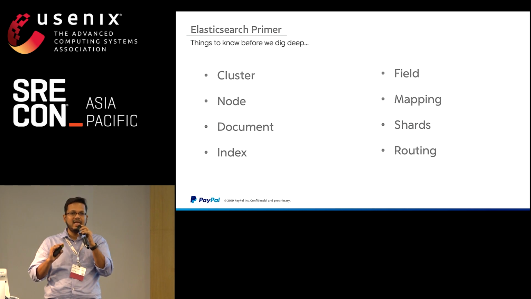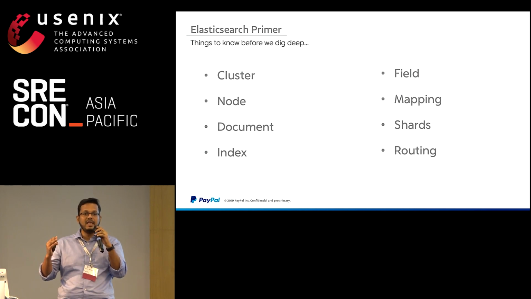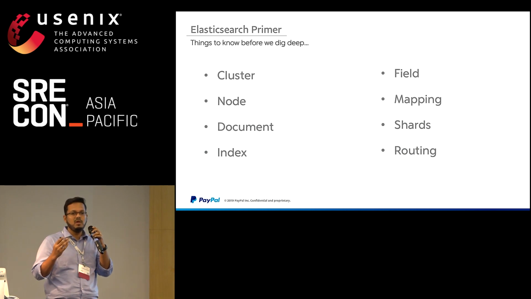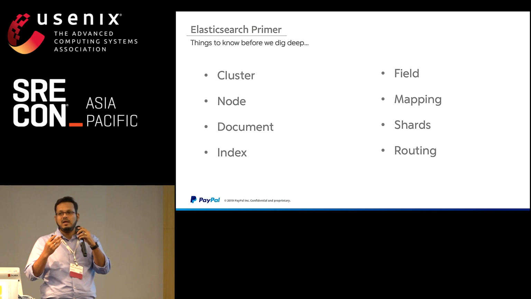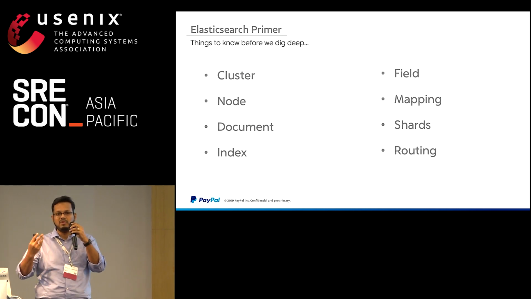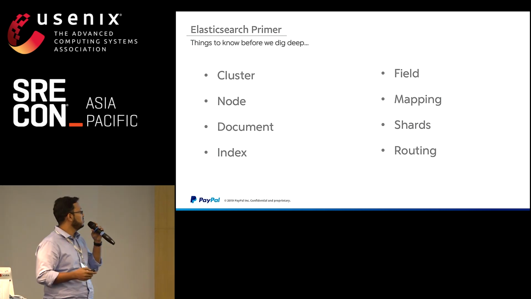Like I said, Elasticsearch is horizontally scalable. So you could spin up multiple instances, and they will automatically form a network. The only thing that binds them together is what we call the cluster name. So you say cluster.name is test, and you could spin up multiple Elasticsearch instances with that, and that would automatically form a 5-node, 3-node, or whatever cluster you're trying to spin up.